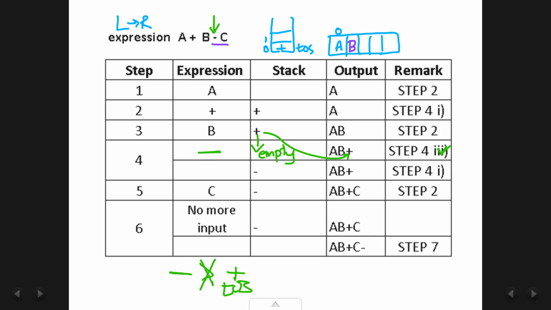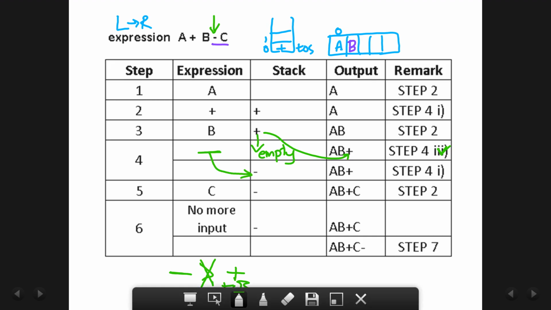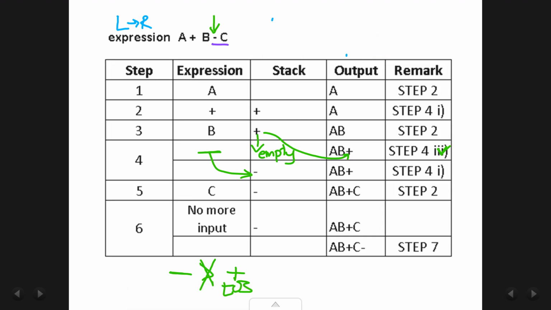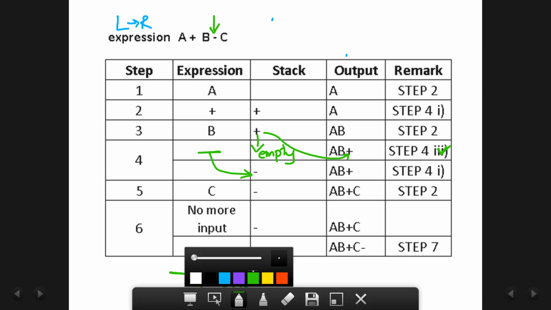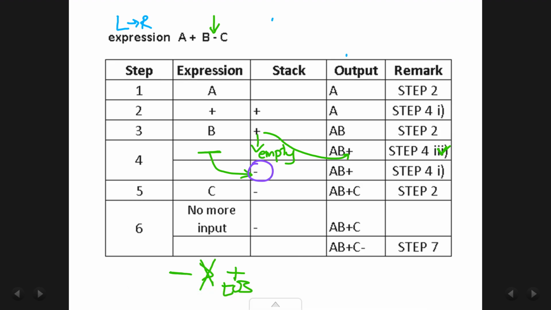Your input is still there, you have not done anything on the input. We repeat step 4. So in step 4.1, if stack is empty, push the operator on the stack. So you push the operator on the stack. As you can see here, now minus has got added to the stack.